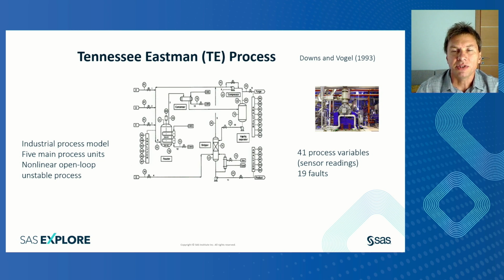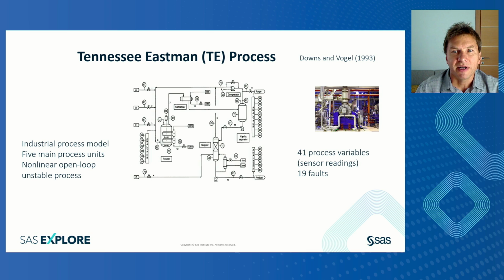So the data that we used is the so-called Tennessee-Eastman process. The Tennessee-Eastman process is a realistic model of a typical chemical industrial process that consists of five main process units: a two-phase reactor, where an exothermic reaction occurs, a liquid vapor separator, a stripper, a compressor, and a mixer. This is an open loop, unstable process that is widely used in the academic community as a case study of multivariate statistical process control, plant-wide control, and sensor fault detection.